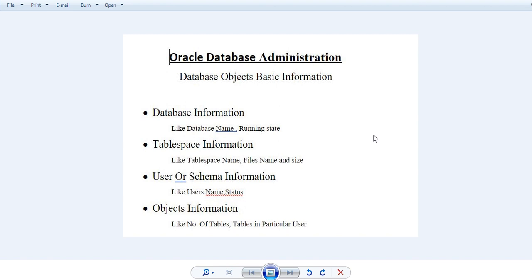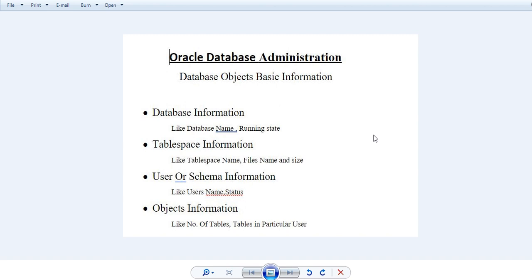Somebody who is new to the database field should know in which database he or she is working, and in which state the database is working, read-only mode or read-write mode. After that, I'm going to give you tablespace information, like in which tablespace you are working, the names of the data files associated with that tablespace, and particularly the size of the data files.